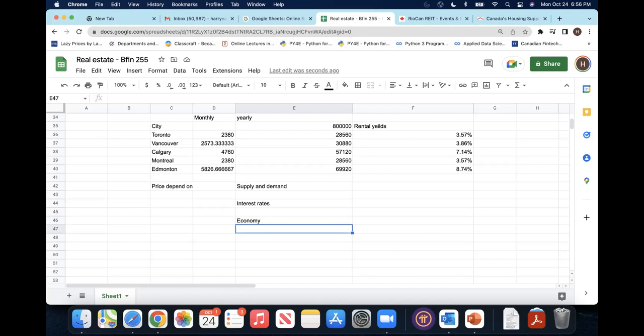Alberta's economy is a lot based on oil prices, because one of the major exports that Alberta does is oil and gas. So if oil and gas prices go up, Alberta's economy does well, and so does the real estate. Real estate prices stay elevated. But when oil prices go down, then Alberta's economy also goes down, and so does the real estate price